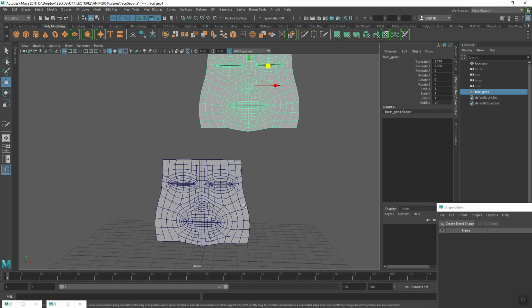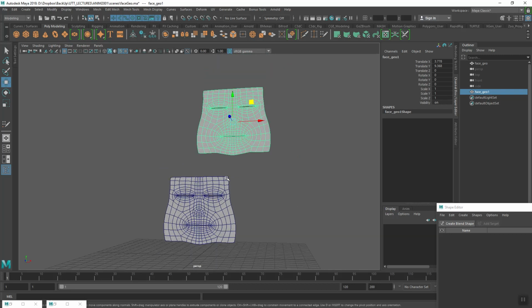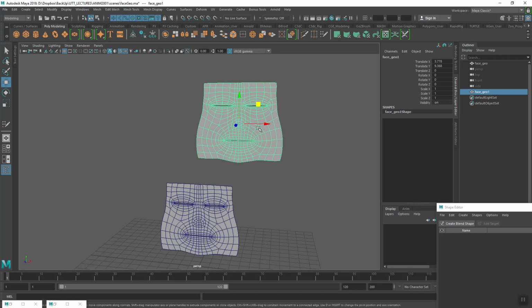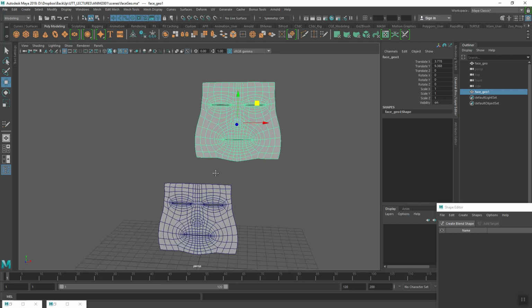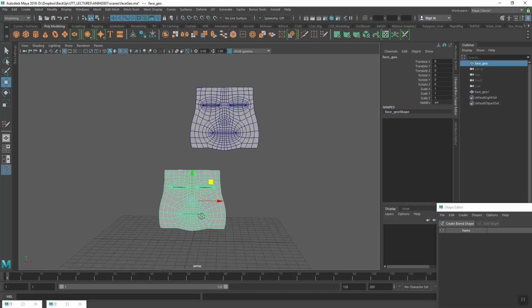And because this object is a duplicate and it has the same number of vertices and they're laid out in the same way, if I deform this mesh,